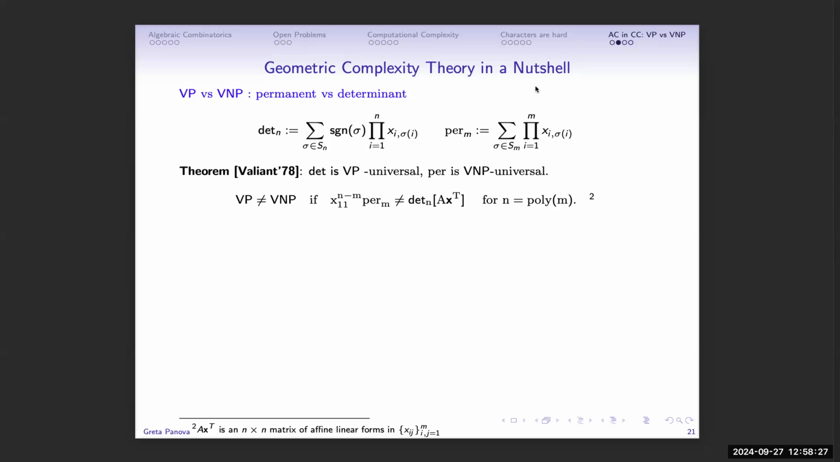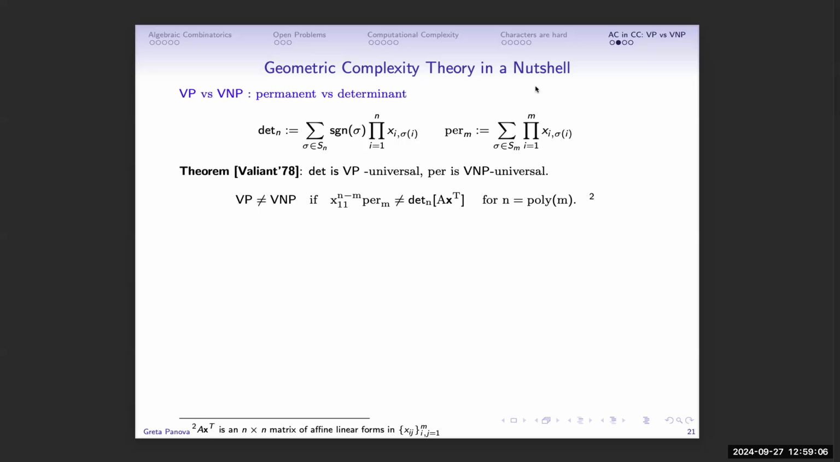And not only that, but every polynomial that is in VP can be computed as a determinant of some polynomially sized matrix with affine linear entries. So the determinant itself is like a computational model which you can use to measure your complexity. And so if you want to prove that VP is not equal to VNP, then you need to show that the permanent cannot be expressed as a polynomially large determinant with affine linear entries,